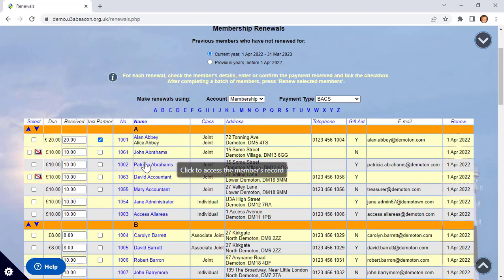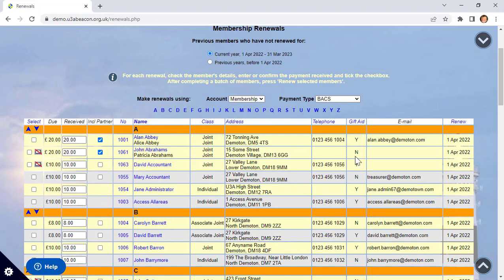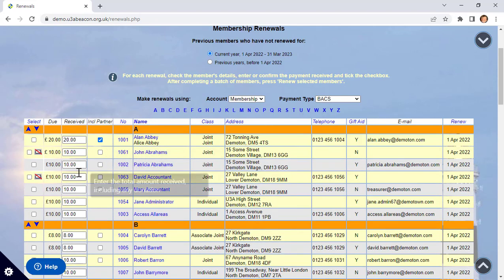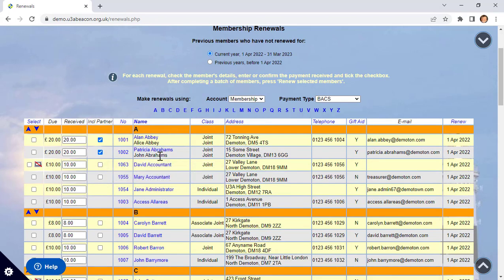Now this next couple, John Abrahams and Patricia Abrahams, are also joint members, but they're the other way round. John is not registered for gift aid, whereas Patricia is. If I select Include Partner alongside John's name, it shows that gift aid won't be registered in the ledger. So I need to deselect that Include Partner and then instead select Patricia Abrahams. They're now combined, and we can see that gift aid will be registered because there's that Y in the gift